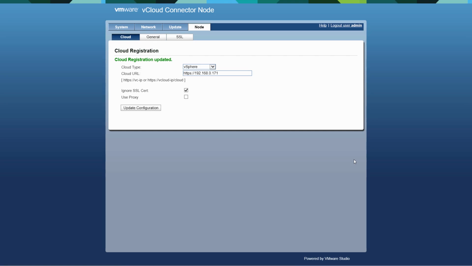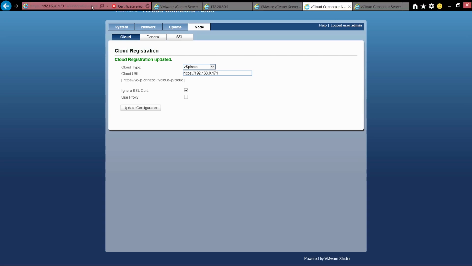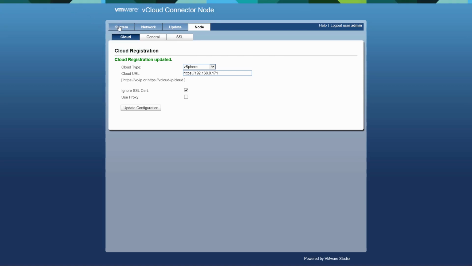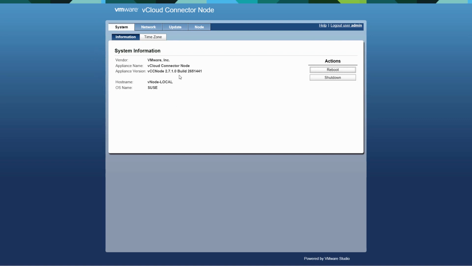So here we are in the configuration dialogues for the vCloud connector node, and as you know, the way you get to it would be to HTTPS into the address for your node at port 5480. So you end up in here. As you can see, this is a vCloud connector node. We looked at that before, 271, and